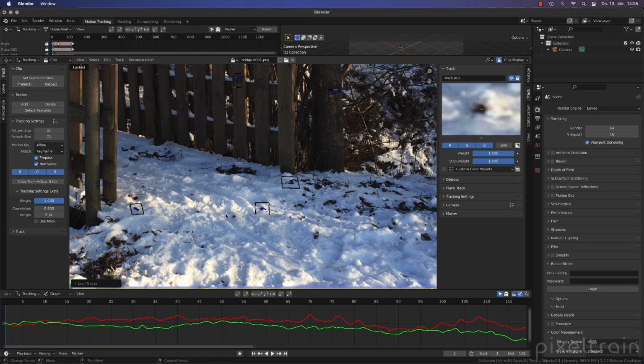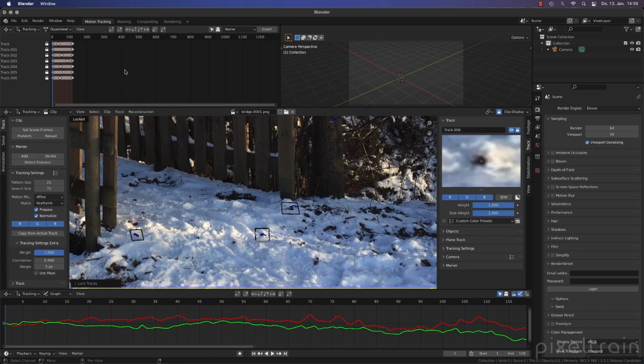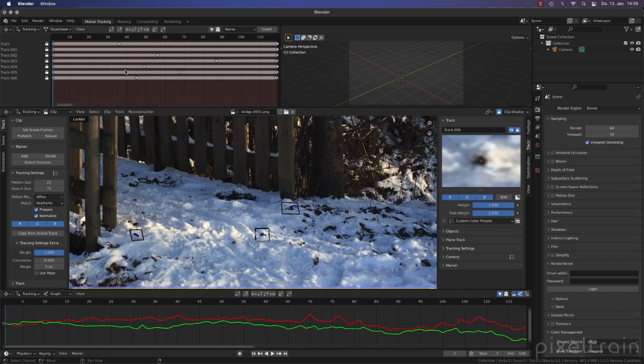We know we need 8 trackers. A little helper is here in this tracking dope sheet. I go in here with the home button, so here I have now a list of all the trackers. And what you now see here is how long these trackers are living. You see we have the big advantage that all the trackers live now for the whole shot. It's an easy shot to track, but we have also a background color.